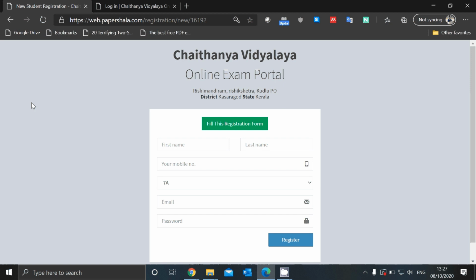There are two links for registration and one link for login. The reason why there are two links for registration is because there is a separate registration portal for class 6 and a separate registration portal for class 7 and class 8. Class teachers, please make sure that you send the appropriate links to the students.